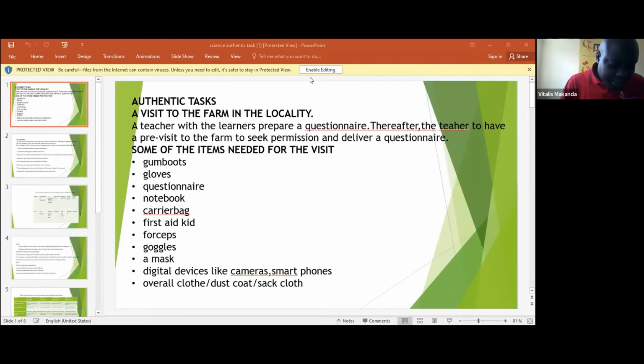There's what you call an authentic task, which is service to the farm in the locality, which I picked from the book of Moran, page 63. You can see a teacher should have learners prepare a questionnaire. The teacher will take it with her on a pre-visit to the farm, so that she can give it to the farm manager or the farm owner, and also get permission from the